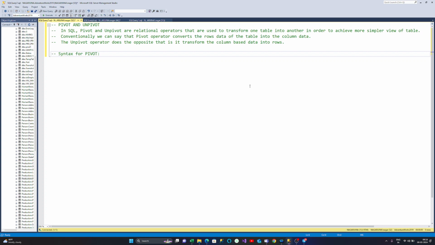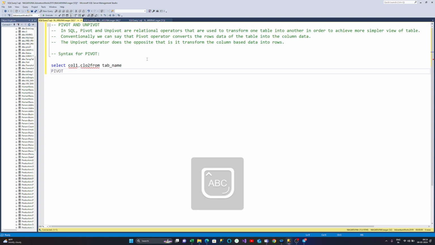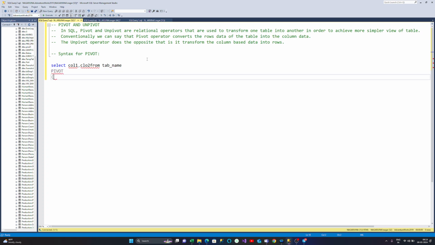Okay, let's see this. Select column 1, column 2 from table name. Use the keyword pivot. If you want to perform any aggregate functions, just put the aggregate functions. If you want to put aggregate functions, what do you require? Columns, right? And on columns only you will put aggregate functions, right? For